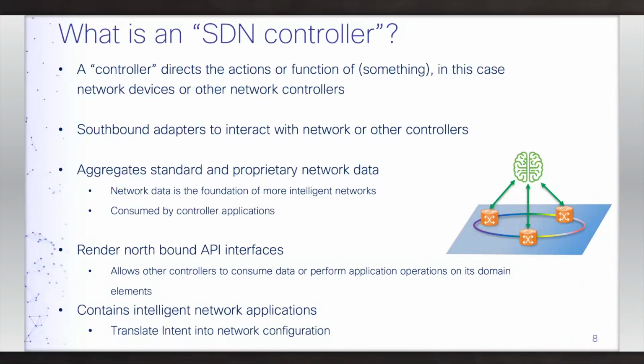The other part is rendering northbound interfaces. I talked a bit about abstraction, and the idea of a low-level controller is to abstract the network from a higher-level controller. It has to be able to put that in a format that it can consume. And there are standards and initiatives today where a lot of that's being worked on to make this a more multi-vendor